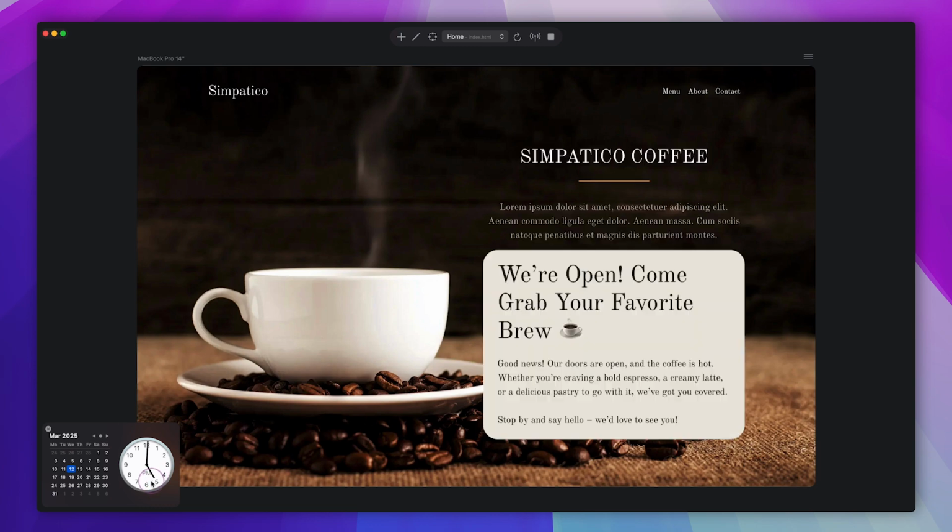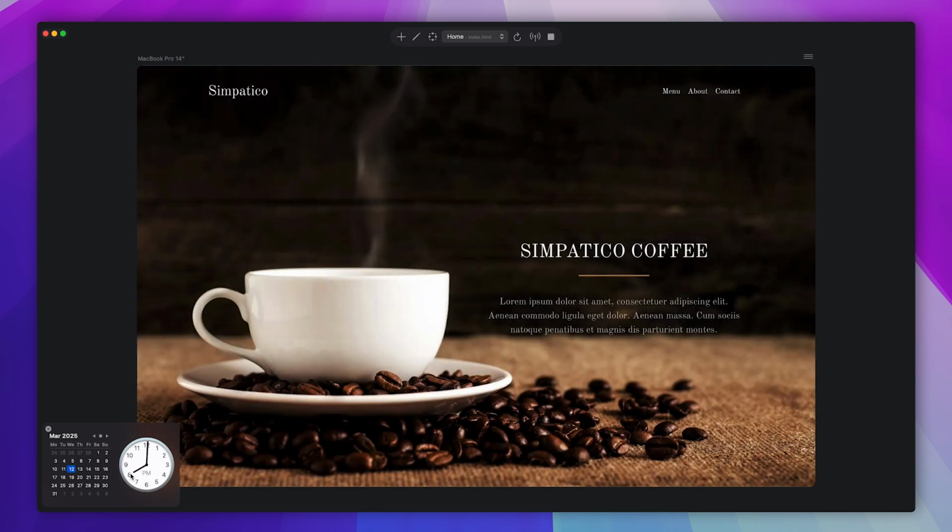Finally, I'm going to test the close time. If I move the hour hand of the clock to 5 p.m., I can still see the card, which is correct because my end time was 5:30 p.m. However, if I move the hour hand forward to 8 p.m., the card is now hidden. That's because it's greater than the end time that I assigned in the if statement.